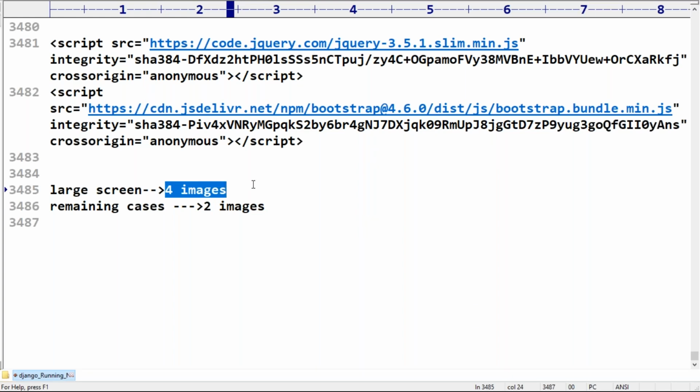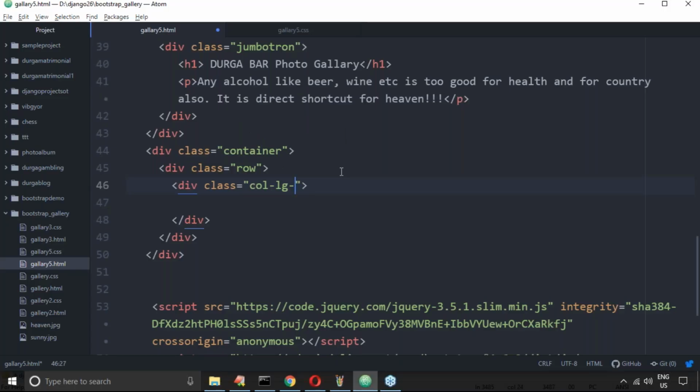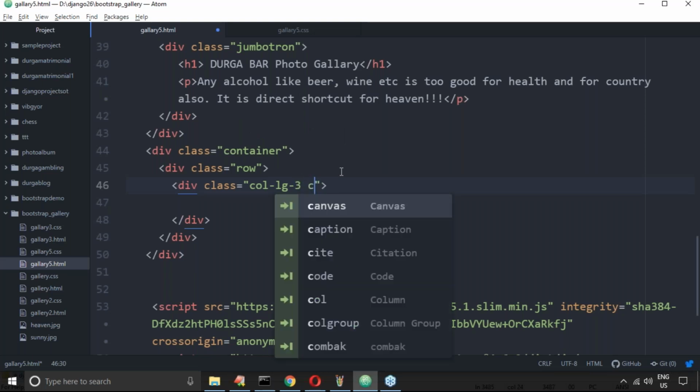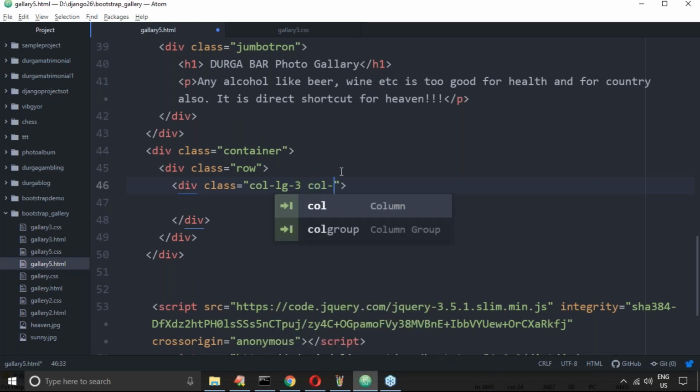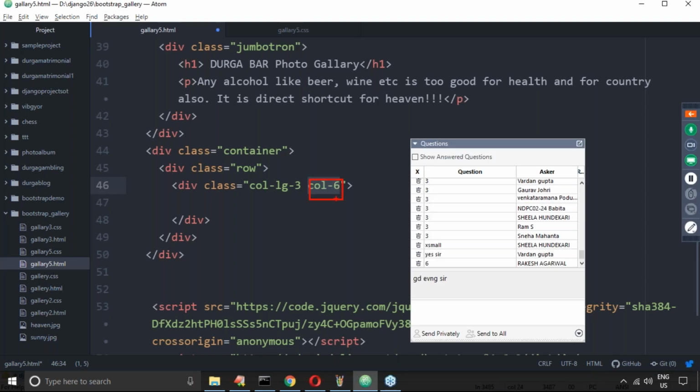Three columns it has to take. Next, col XS, XS means extra small, but that is not needed here. Directly you can specify. Only two images means six column length. So on the large screen, my image has to take three columns, but on the extra small screen, it has to take six. For extra small, six columns means only two images.